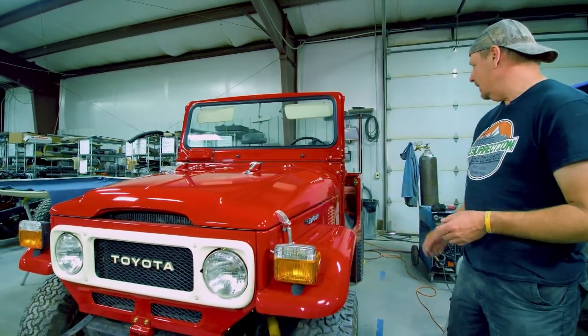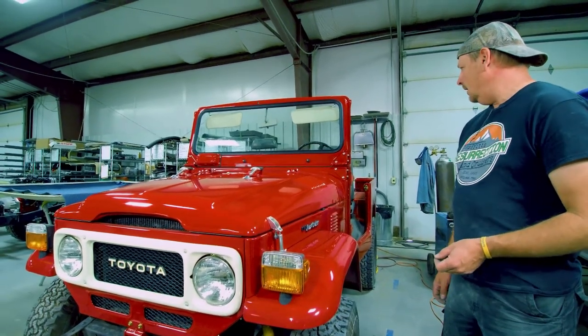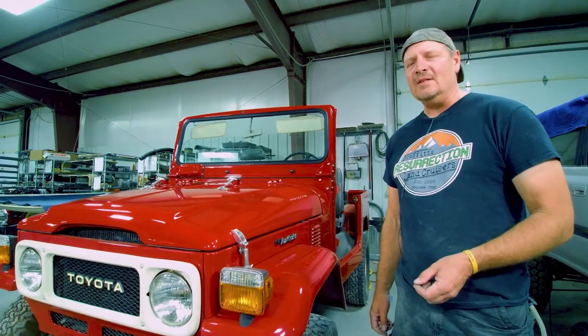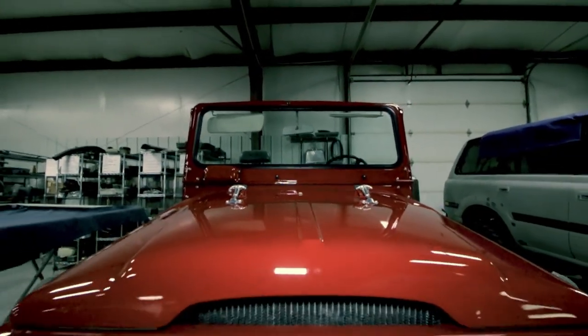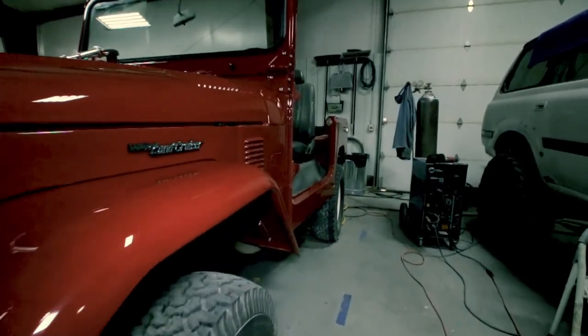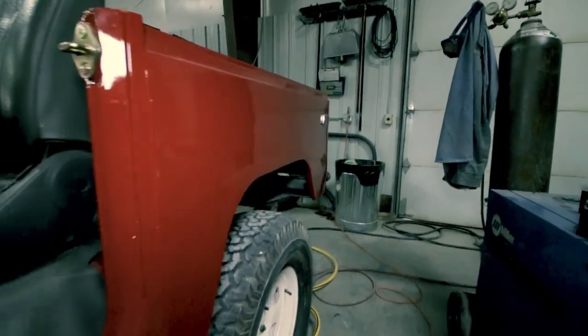It initially started out as a rear sill replacement. It had some rust coming through in the rear sill, but by the time we got done chasing that rust, we had basically found some rust in just about every body panel on this vehicle. So what started out as a simple repair with a spot in has turned into a complete exterior repaint,